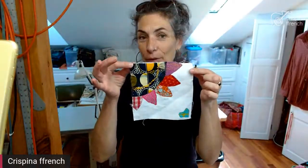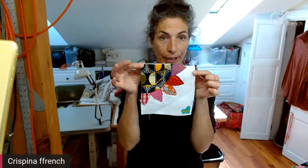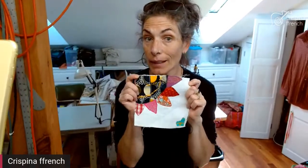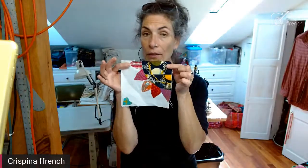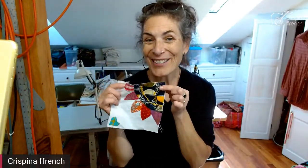So this is the sample square, and everybody's going to make one of these squares. This is a 7-inch square. We're actually going to be making 12-inch squares for the stitch along, but this will give you the visual. So it's a quarter of a sunflower. If you can imagine 4 of these sewn together, there'd be a big round sunflower with 4 different squares. And each person who contributes to that sunflower will have their own spin on their little piece